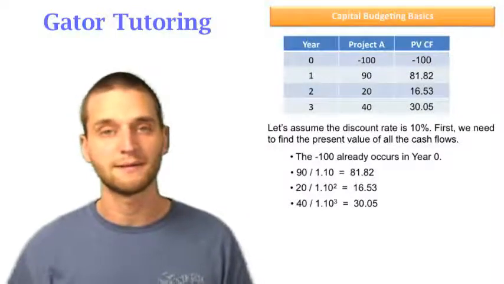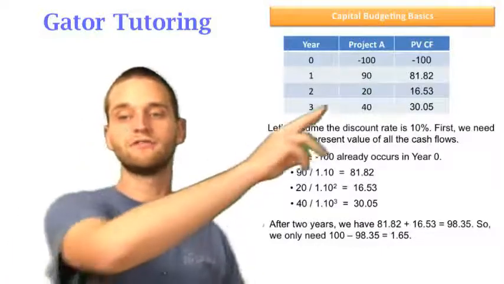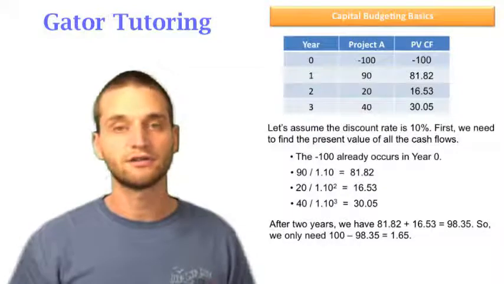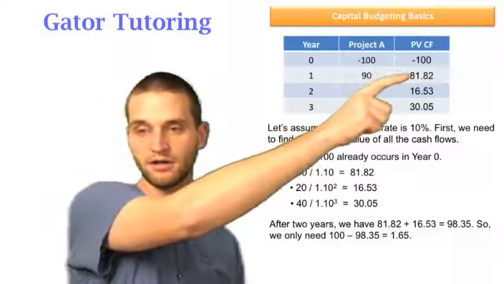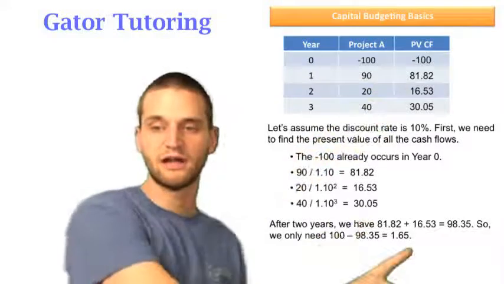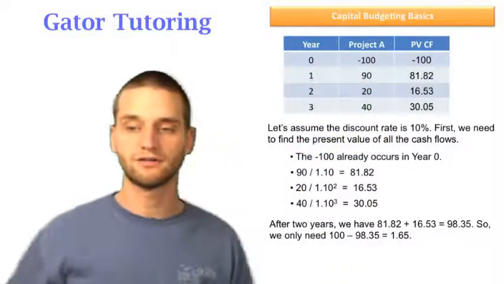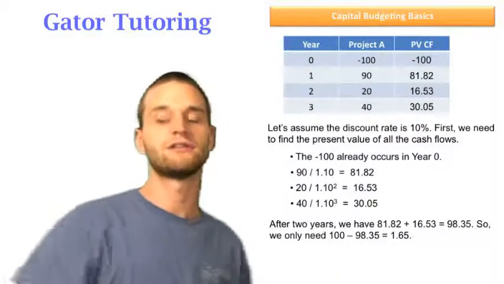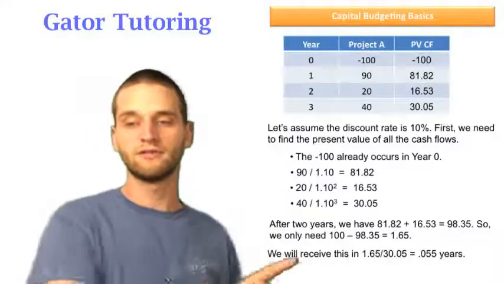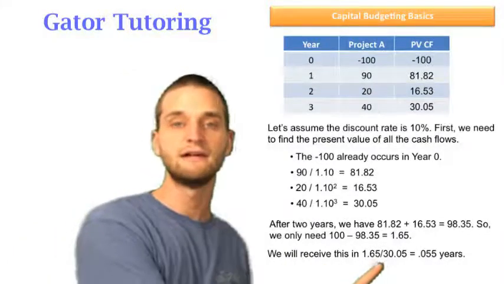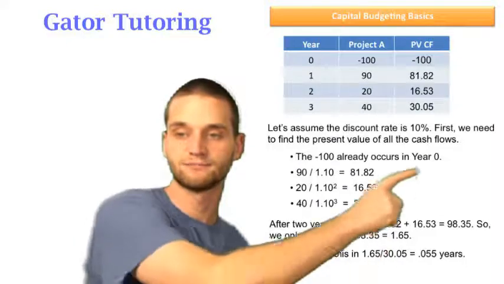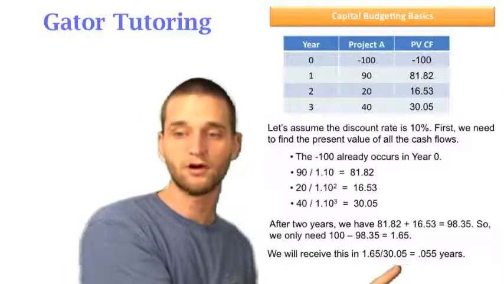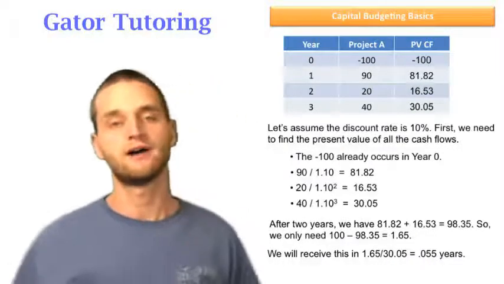Now we can go through and find what the payback period is. Well, again, we're trying to find out how long it takes us to get this initial $100. After 2 years, we have $81.82 in the first year, plus $16.53 in the second year. That gives us a total of $98.35. So to get to this 100, we only need an additional $1.65. Well, we will receive this. Remember, we put how much we need, 1.65, divided by the total cash we're getting in the next year. The next year is the third year. We're getting 30.05. So the 1.65 over the 30.05 is only going to take us 0.055 years to get that